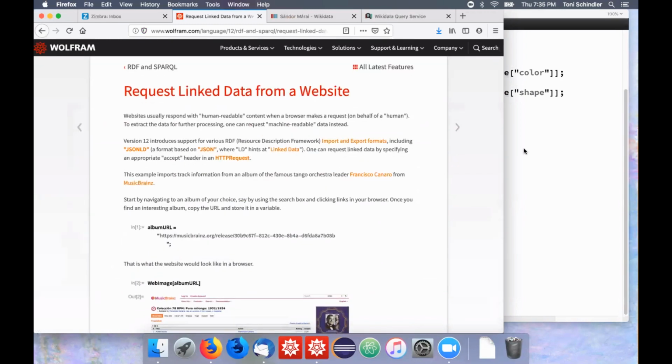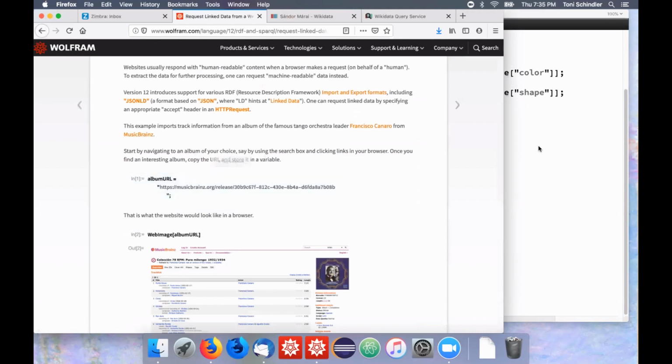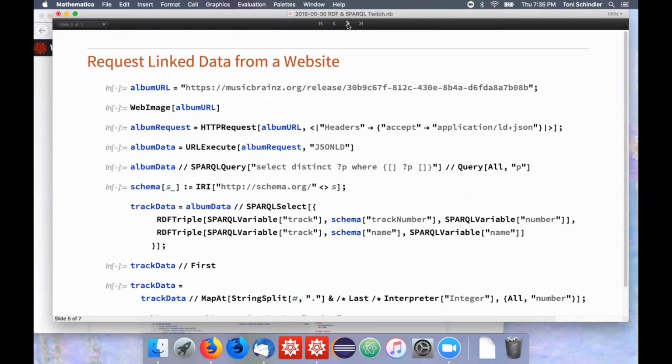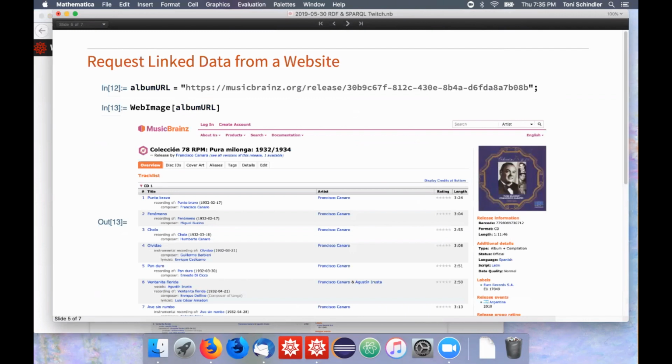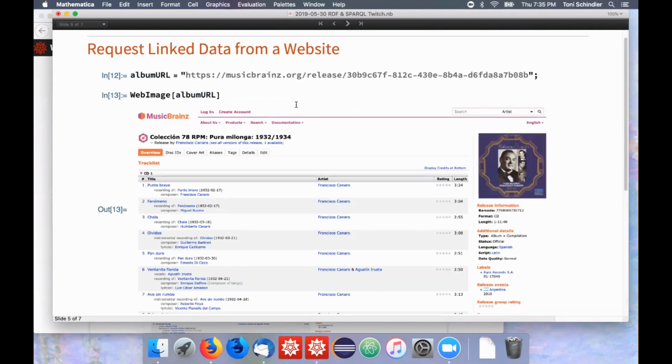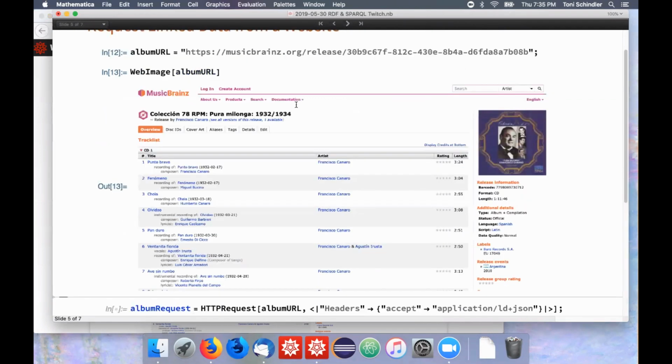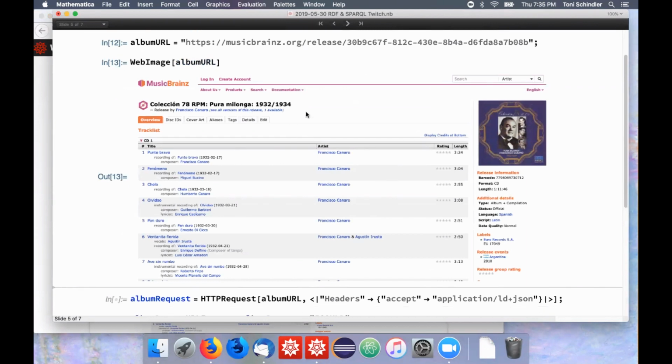Now, a very important use case that I hinted at earlier. Maybe I have a slide for that. Yes. So now imagine that you find a website that has wonderful data that you would like to use. In the case of Wikidata, you have a SPARQL endpoint, but not every organization can run a SPARQL endpoint. But can you still use semantic web technologies to access the data? In this case, I'm looking at MusicBrainz,